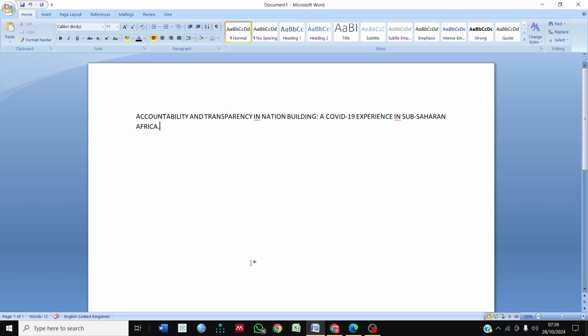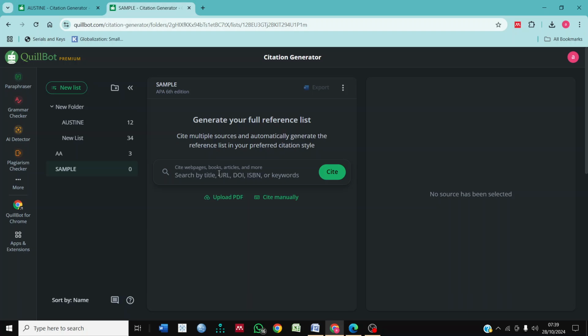But with this citation generator, you're going to be free from all this. Okay, so all you need to do, when you go back, you are going to see how you can instruct the AI to help you to cite. You can do it using title, that is the title of the article. You can do it using URL. You can do it using DOI, ISBN, or keywords. Okay, so let's start